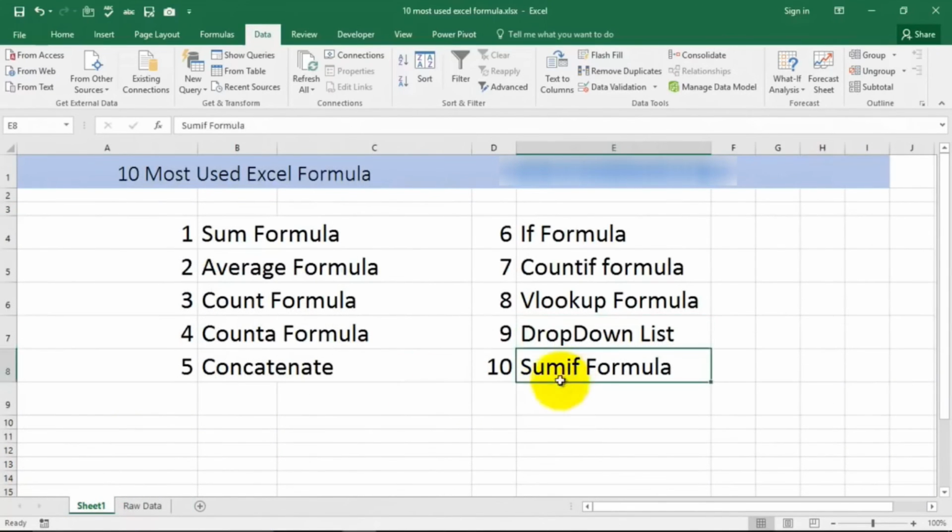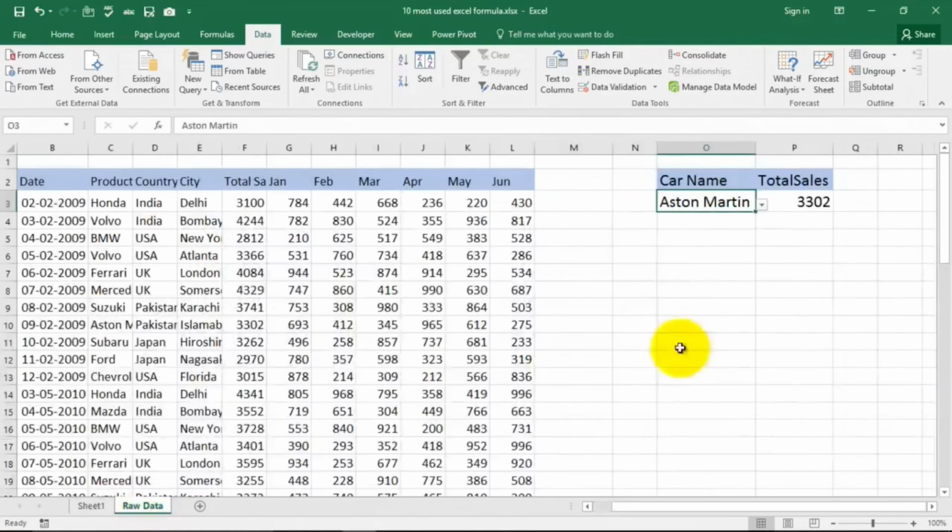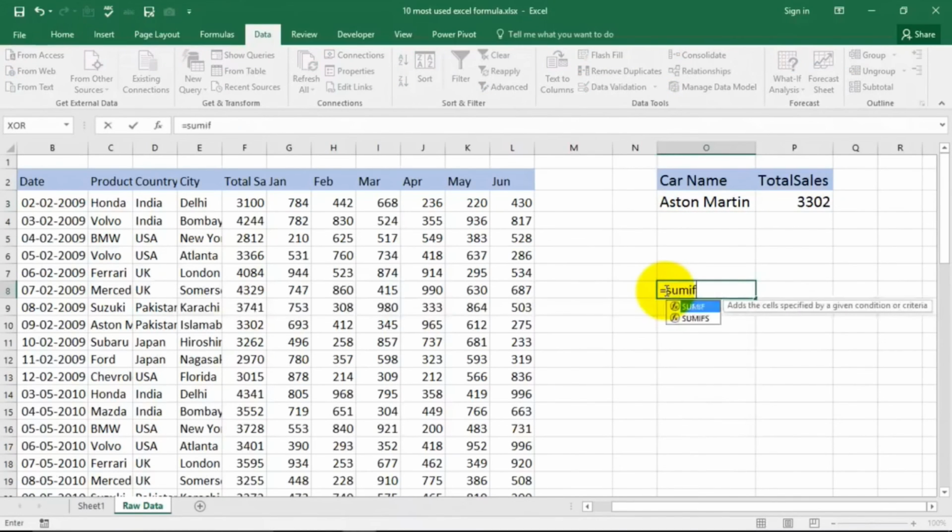And the SUMIF formula. This is very, very important. Now a SUMIF formula says that based on a condition you can get a result. Say for example, is equal to SUMIF, it says range, criteria, sum range. So say for example, I want to find out the total sales for just BMW from this range. So what will I do? I'll select this area,